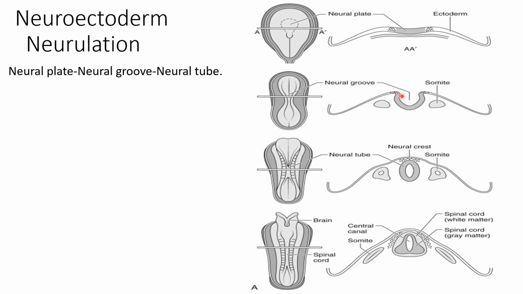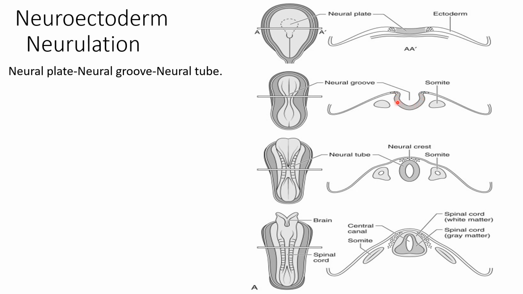So here we can see a neural groove is formed from the neural plate as a concavity is formed along its dorsal end, and we can see the lateral folds or the lateral margins are raised. Now along the lateral margins we can see specialized type of cells. They are known as neural crest cells. So this is the surface ectoderm, these are the neural crest cells, and this is the neuroectoderm giving rise to